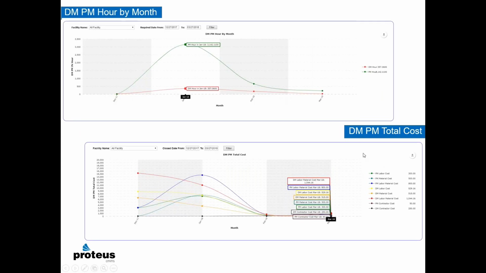Another one would be demand and preventive maintenance hours by month. And we can break that down further by technician and machine and work type and facilities, different facilities and so forth. But where am I spending my time? Is 80% of my time on preventive maintenance and 20% on break fix, or is it the other way around? A lot of times when we start with clients, it is the other way around. 85% of their work is break fix work, and the goal is to turn it into preventive maintenance, which we all know is more effective and takes less time.